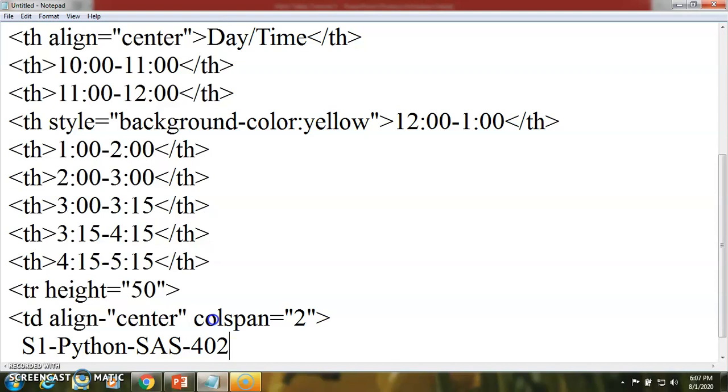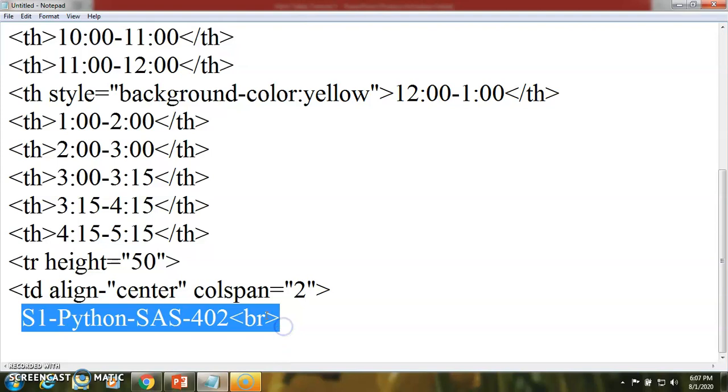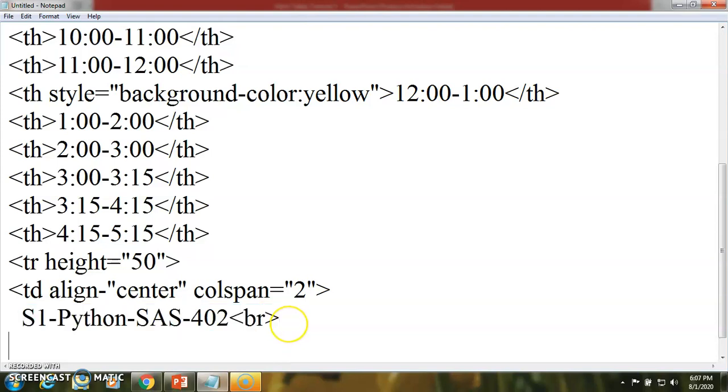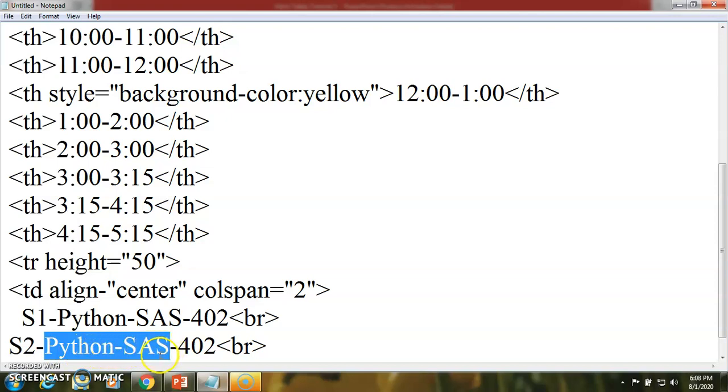So in this way we are going to have different text in that cell. So we can have a number of texts in that cell, so we can add batch wise. So the second batch will be for the second subject.